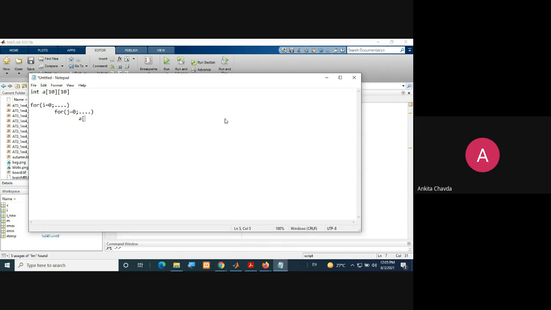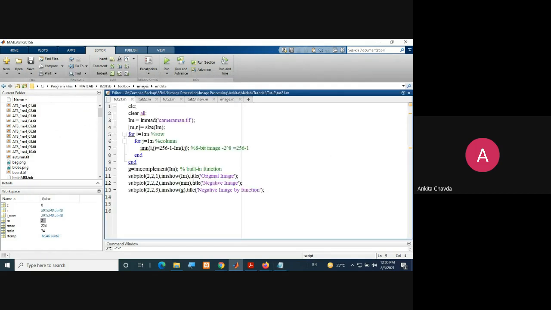A of second row, fifth column, like this. In the same way here I'm using im, which is my variable name, of i, j. On that particular row and column, whatever intensity is there, I do 256 minus 1 minus that intensity r, which I get from im of i, j. This is what I'm doing.